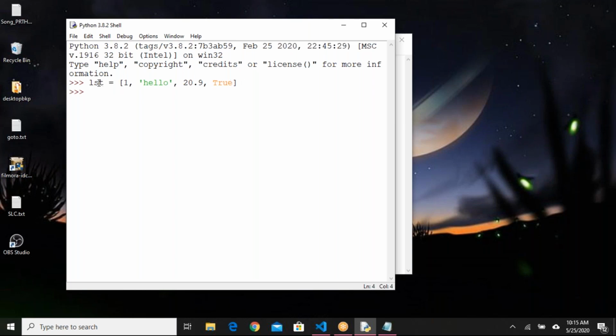Okay, LST is the variable name. LST is my object name. And this is the collection of items. If you see here, 1 is of integer data type, hello is of type string, 20.9 is of type float, True is of type boolean. So I can store different types of data as a collection into one list.